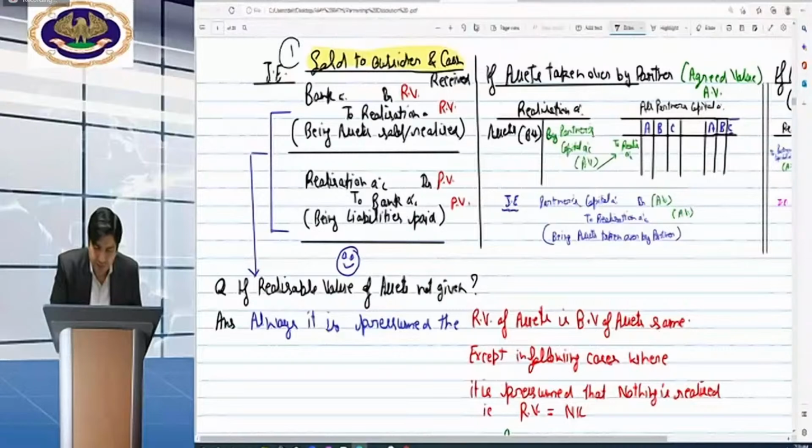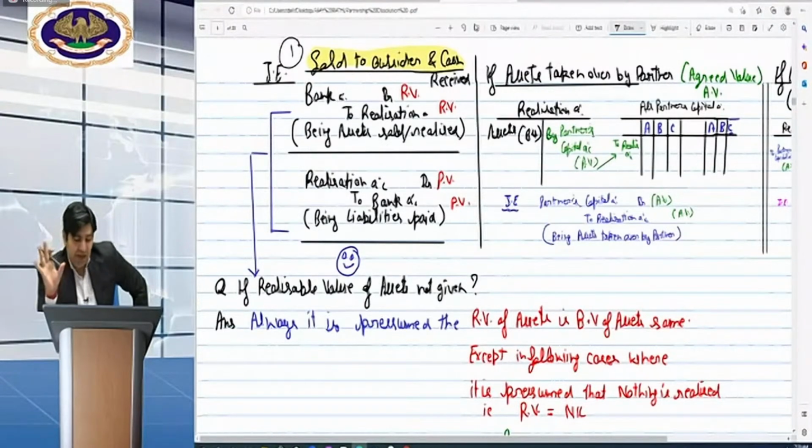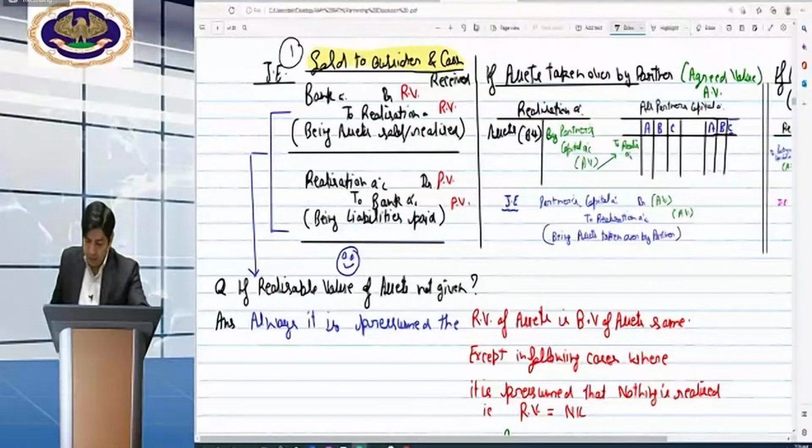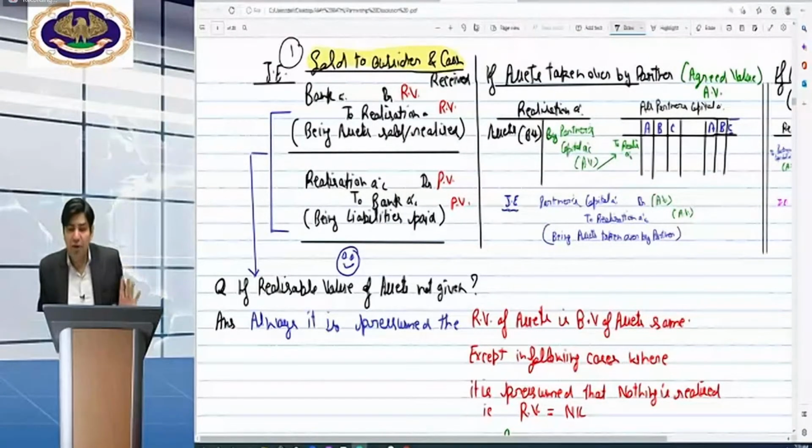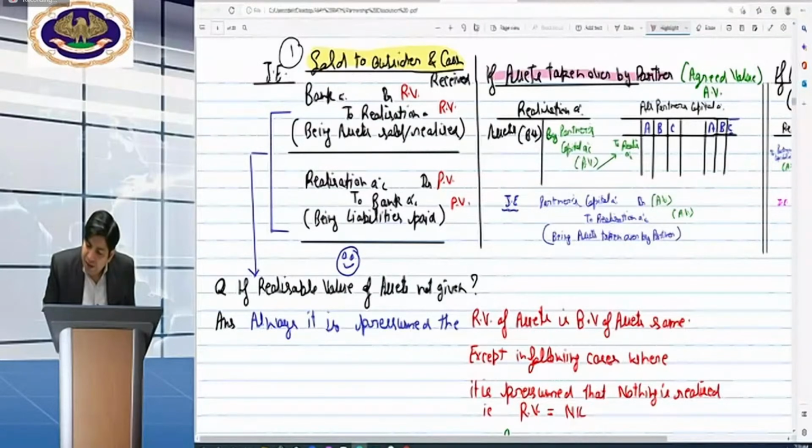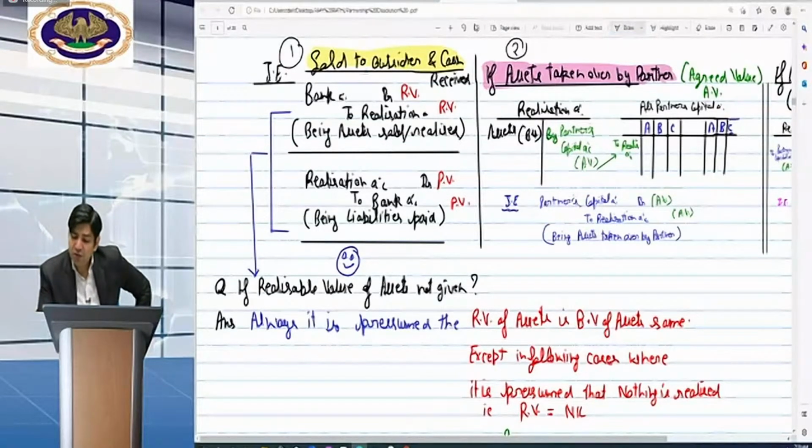Number 1. Is there any doubt? Bank account debit to realisation account, debit to bank. If a liability is there, those are being paid. If assets are there, those are being realized. I don't think there may be any doubt in this part. Next part is this one. Whatever we can find maximally in the question, all the things are already written here. So the second point is this one. The second way of dealing with the question is this one.